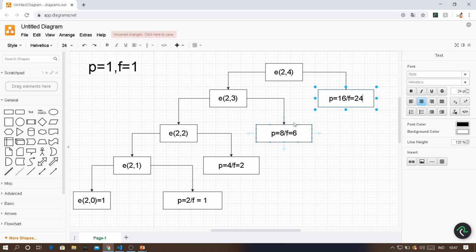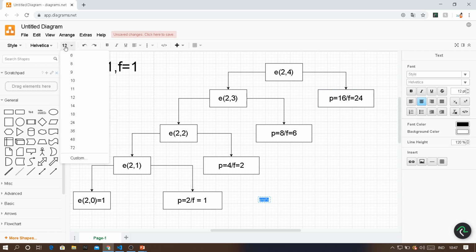So what we are doing is, initially we are taking the p value and f value as 1, and then we started multiplying my p value by 2. What is 2 here? 2 is the value of x. So how can we write it shortly? p is equal to p multiplied by x. Okay, so p is equal to p multiplied by x is the general formula that I can give you.